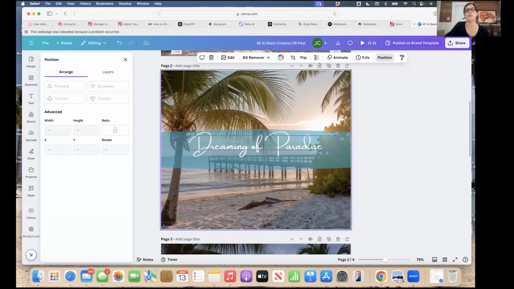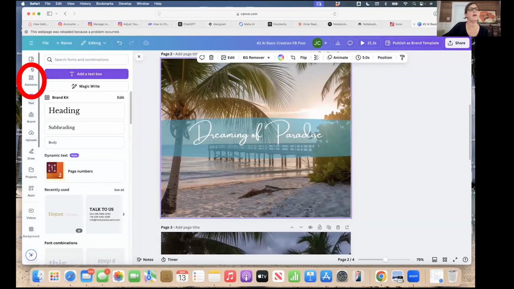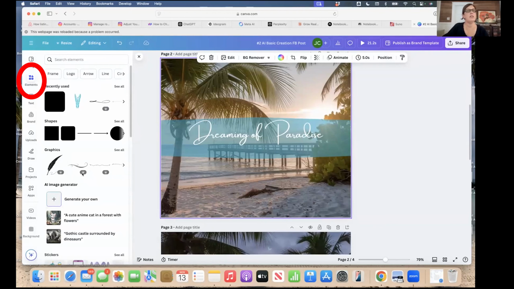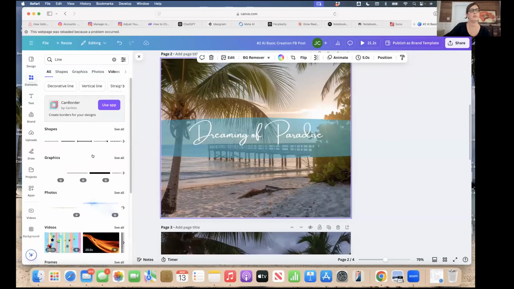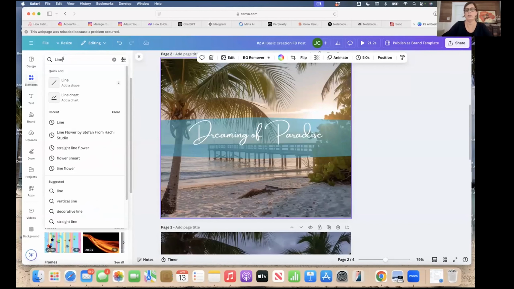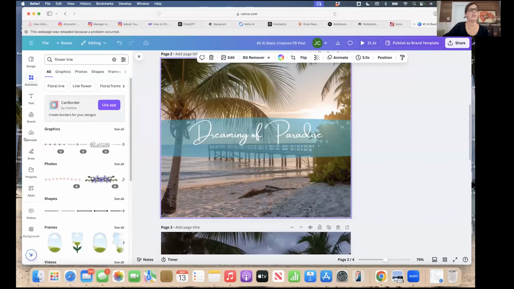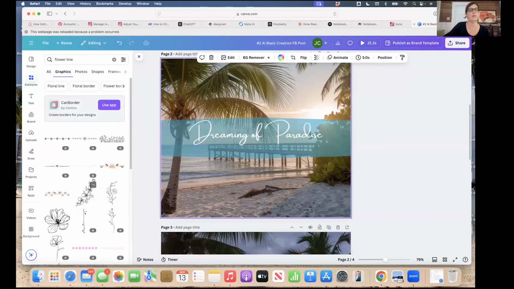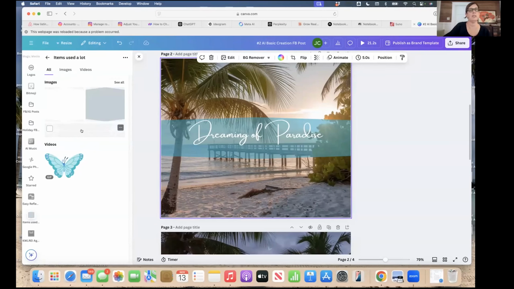So now to add the fancy directional line, go over here, go back to elements. Same situation. There might be some under the graphics. Let me see here. There should be one just called lines here at the top. So there's different lines. You could type in, you know, like a flower line, just to show you an example. So there's all different ones here. As you can see, you have this, but then if you hit see all, there's tons of different graphics that you could use. So here, I just click on it,